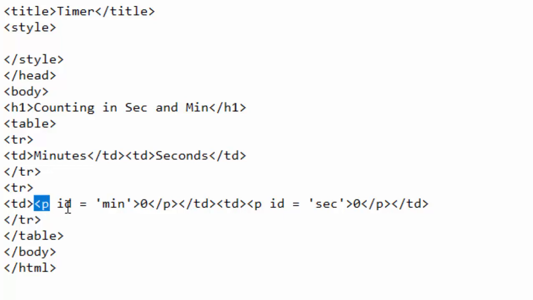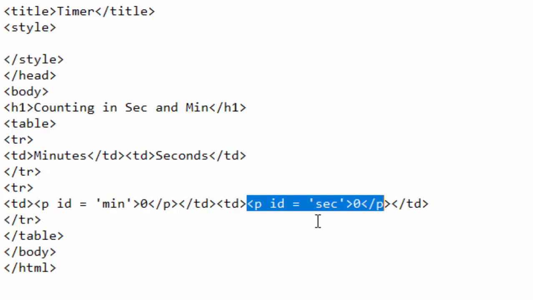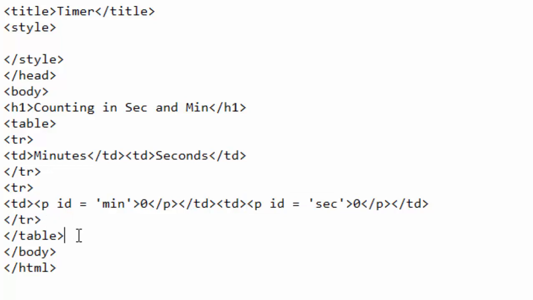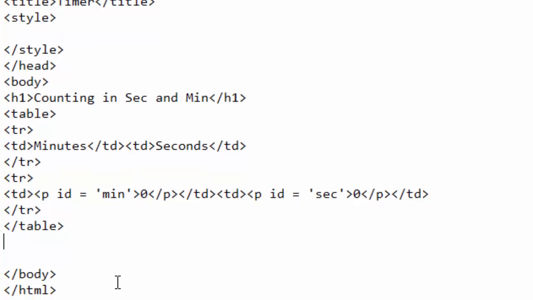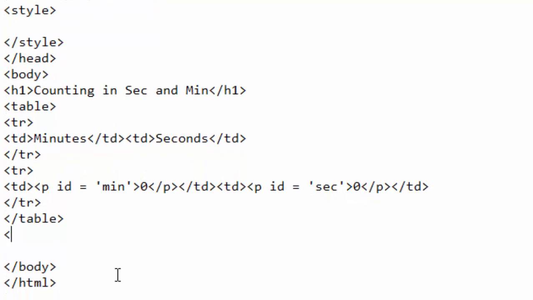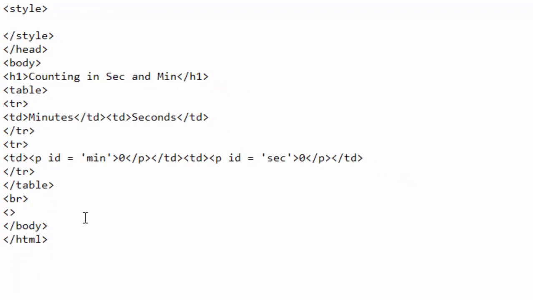Okay, so I have a paragraph called min, then the other paragraph is called sec. I will come down here below this table and create two buttons. Before I create buttons, I want to create a space with br tag, an empty line. Then below that empty line, I will come here